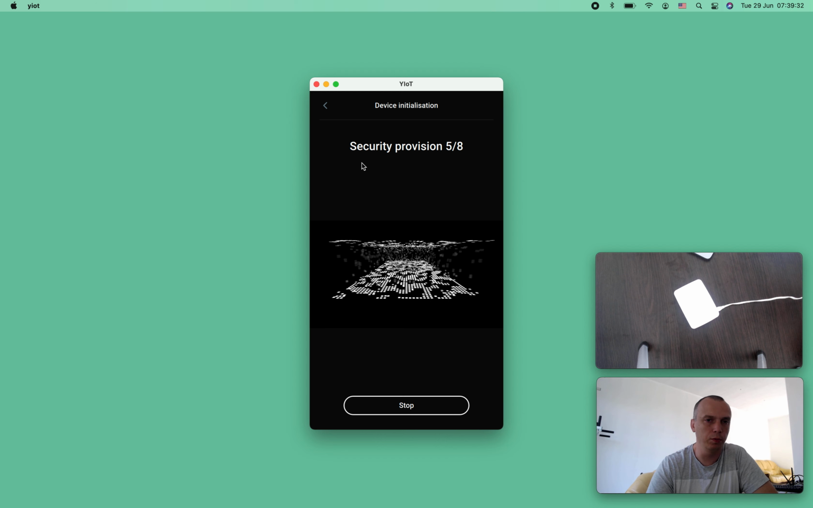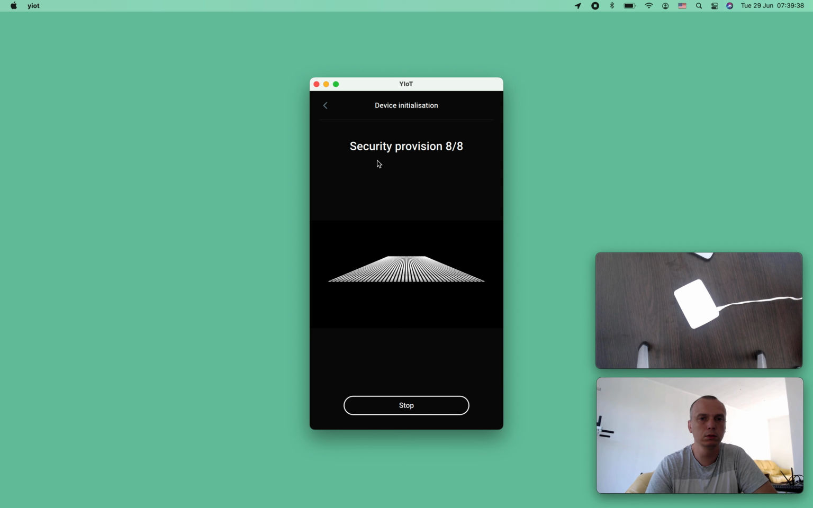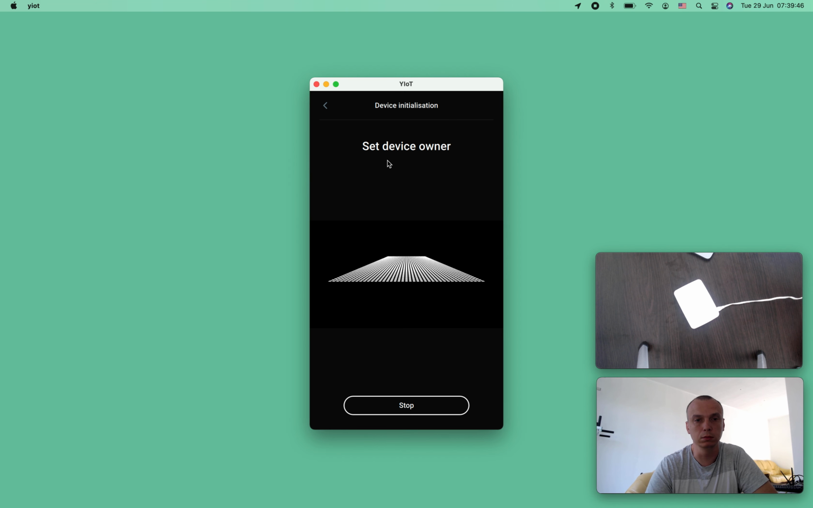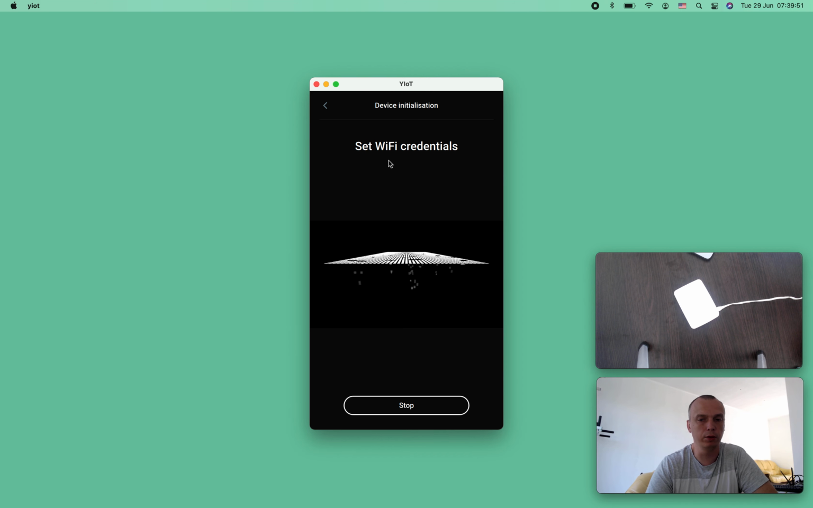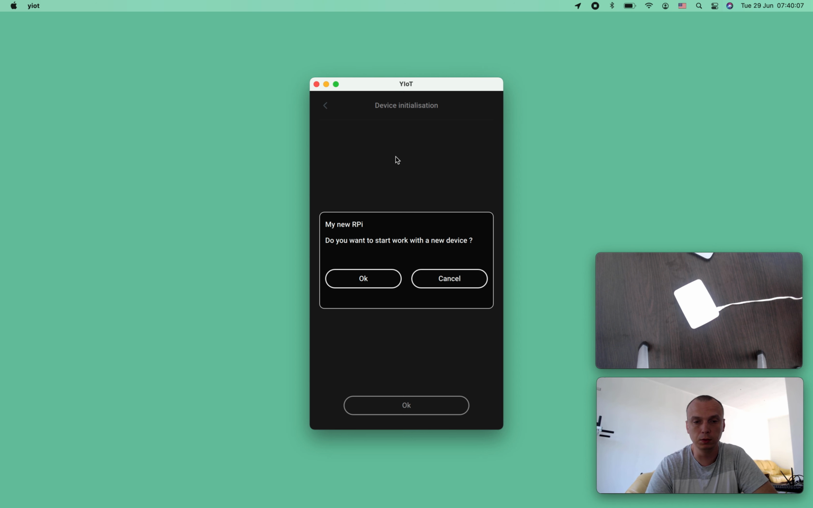Here you can see information about security provision and device signing process, uploading of trust list, and setting device owner. All these things are very interesting, and I'll tell about them in following videos. Also, it's the setting of Wi-Fi process. Actually, we use Bluetooth low energy connection only to set up the device. After that, the device connected to my Wi-Fi network, and